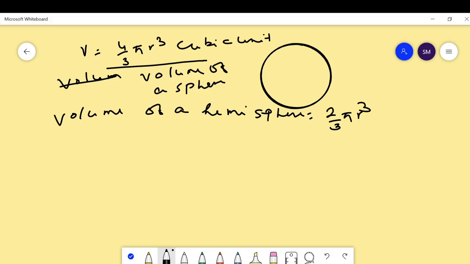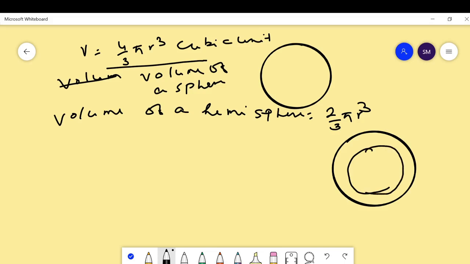Then the volume of a spherical shell, look at here, this is a spherical shell